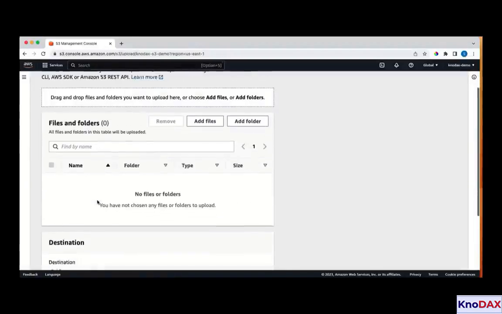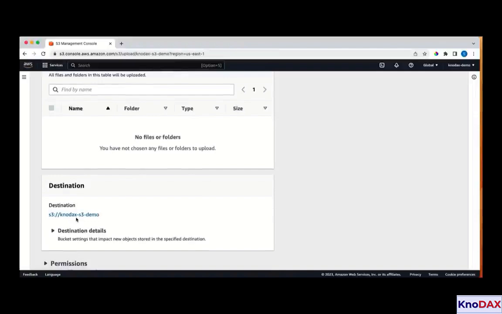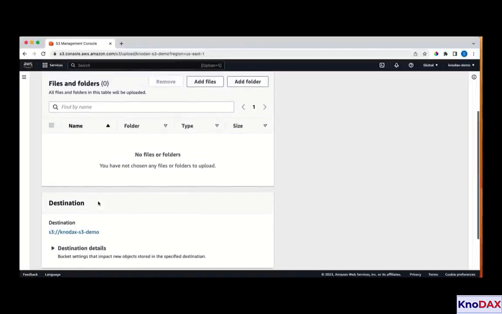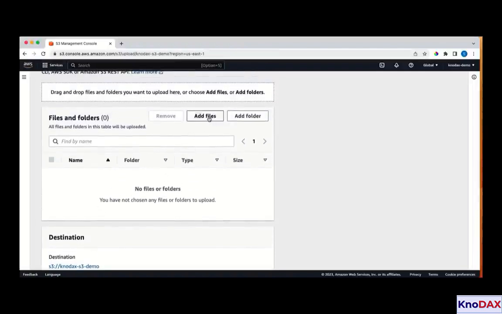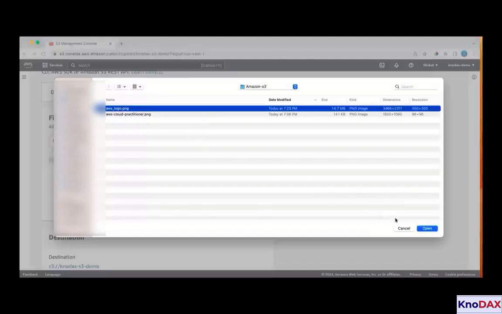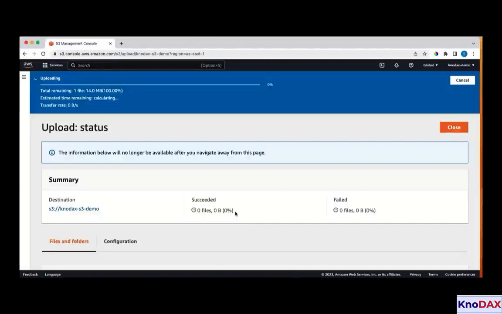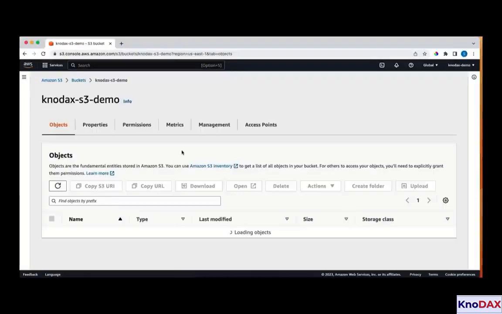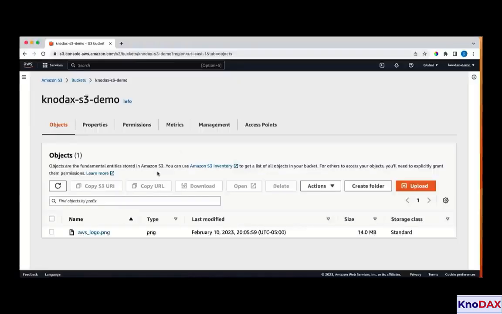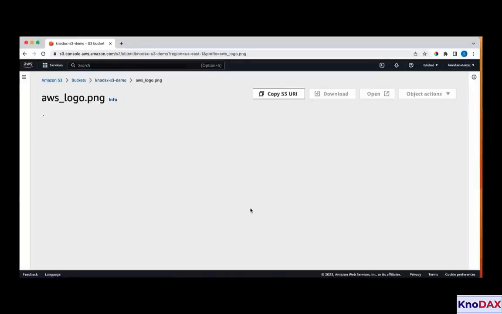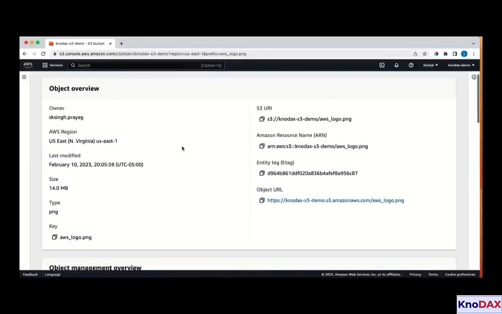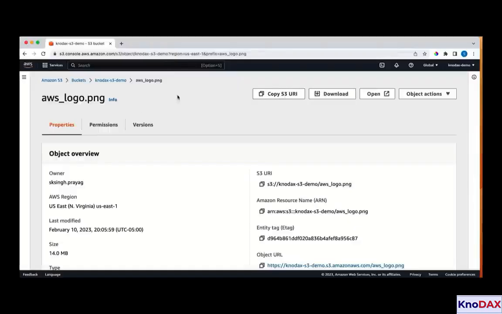The destination is the demo bucket, meaning the file will go into this bucket. I'll click Add Files, select AWS logo.png, and click Upload. Once it's uploaded, I'll click Close and see it listed in the bucket. If I click on this file, I can see details such as its size, type, and object URL. I can also copy the S3 URL, download the file,